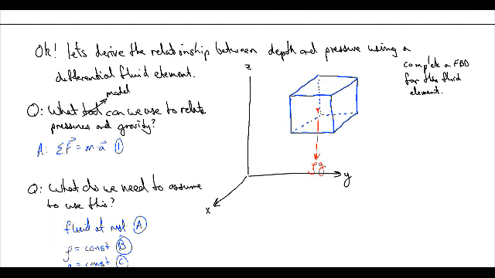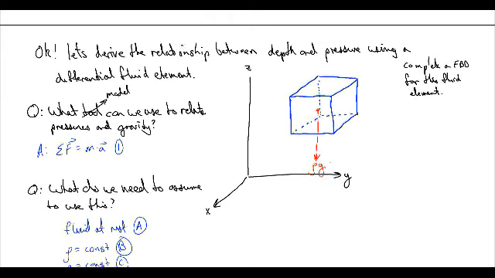Sorry, it's mass times gravity, right? And well, we have a density times gravity, so that means we need to multiply it by a volume. So what's our volume going to be? Well, we know it's a differential fluid element, so it's going to be a delta x, delta y, delta z,